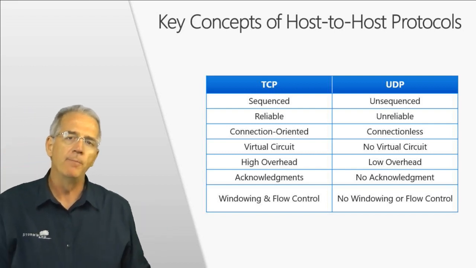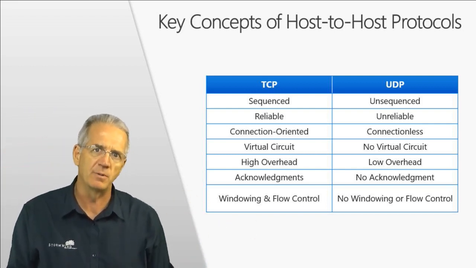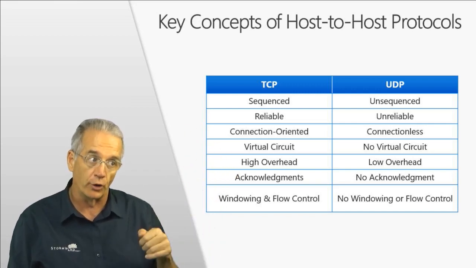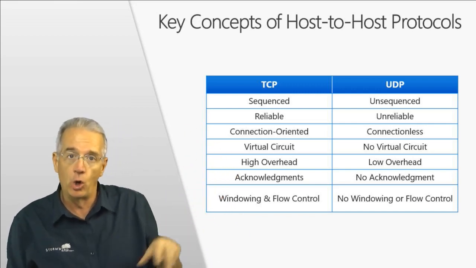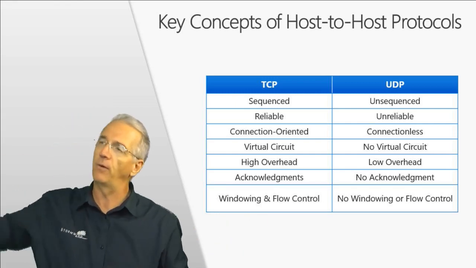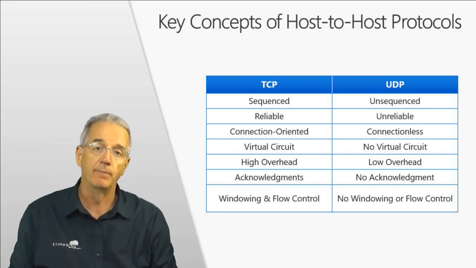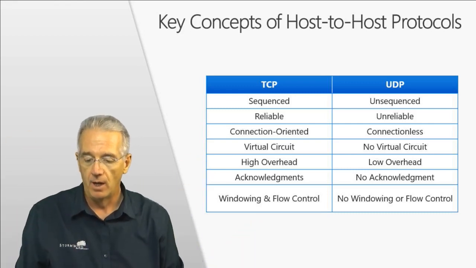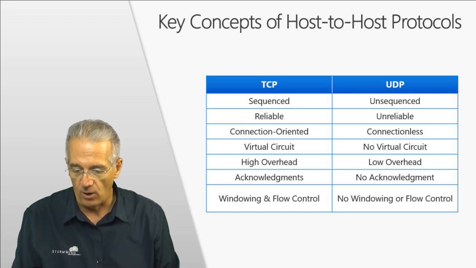The big thing to remember: we don't have sequence numbers, we don't have acknowledgement numbers, it's not reliable, so anything associated with reliable, like virtual circuit and windowing and flow control, no. It's a postcard. I write down my data, I throw it over the wall, and then I never think of it again. I don't have an established connection, I just send it out the door and away you go. All right, so now,